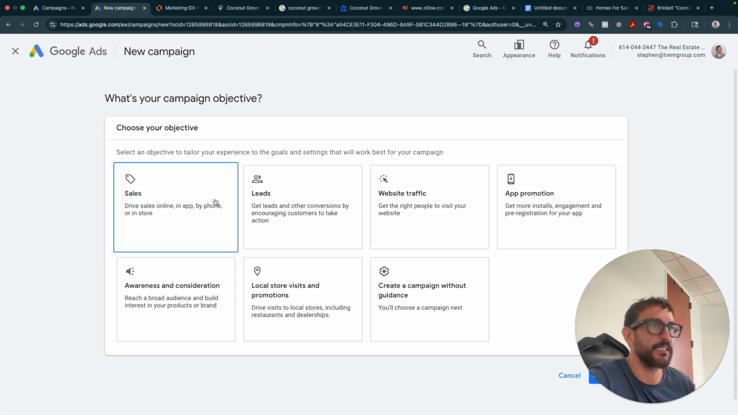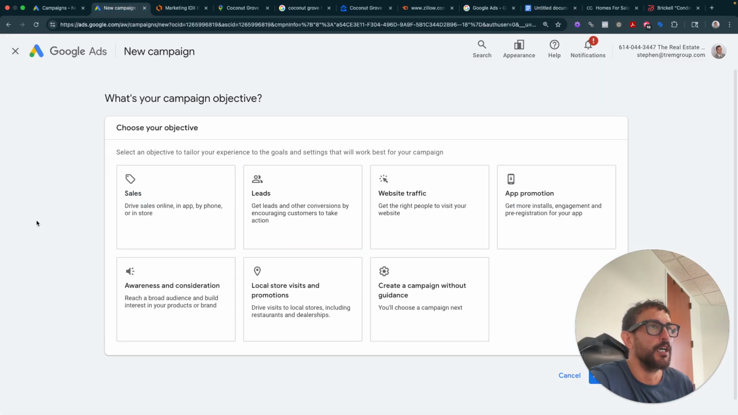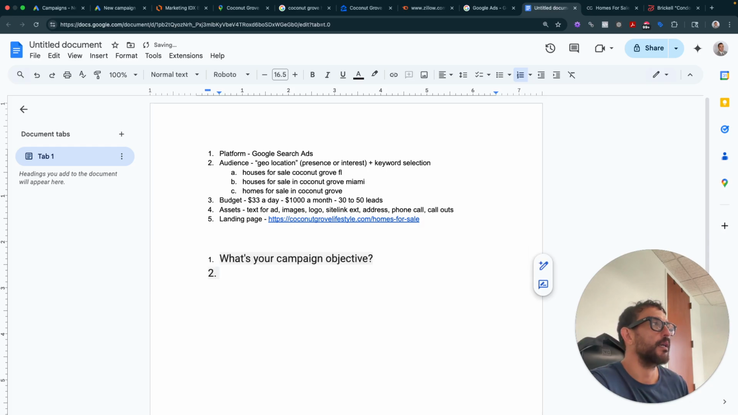So now we get to the nitty gritty. Now we have all 5 things that we need. We have our platform, Google search, we have our audience, we have our budget, we have our assets, and we have our landing page. So the very first thing, and we'll go documenting, is what's your campaign objective? So what's your campaign objective? So our campaign objective is